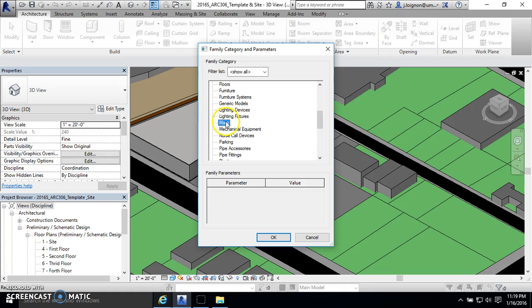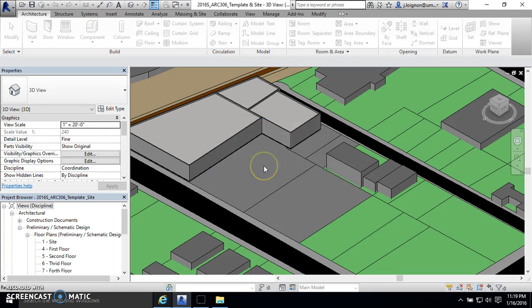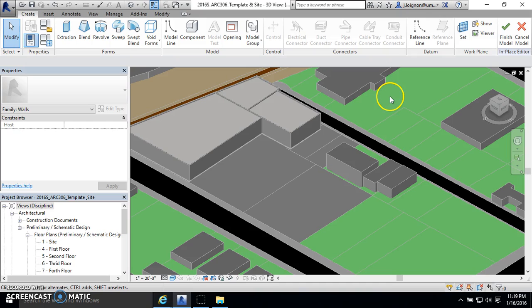You can see here mass is a category, but if you click on that, it actually ends up being the same tools that you'll see in the next video for Mass Insight. So for this purpose, I'm just going to click on walls, and obviously you probably want to name it something, but I'm not going to name it anything for this one. So what you do now is you have these 5 extrusion tools that you can use